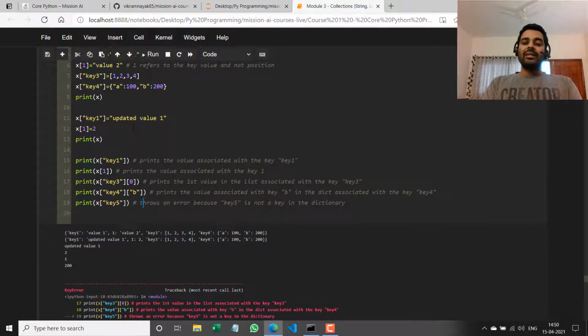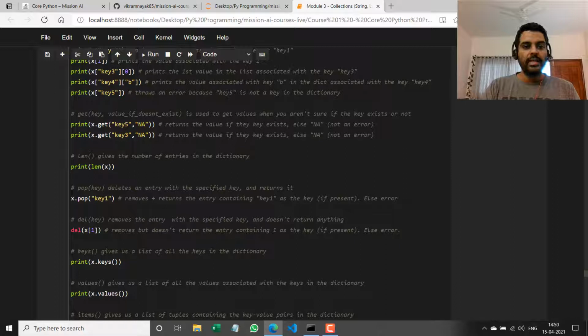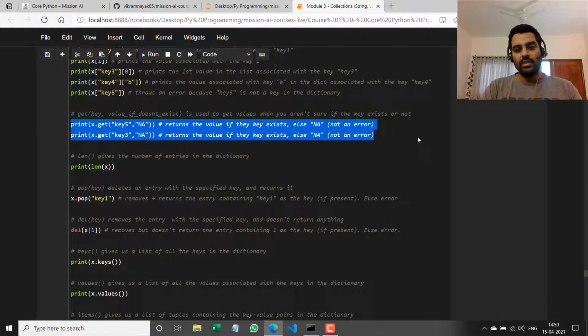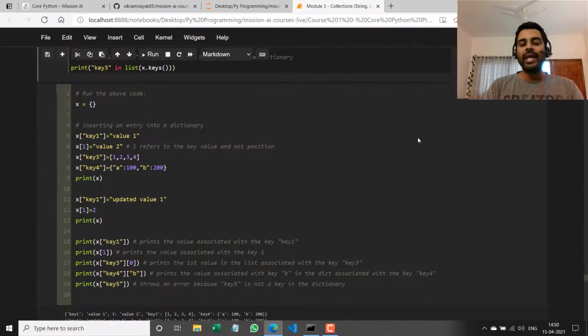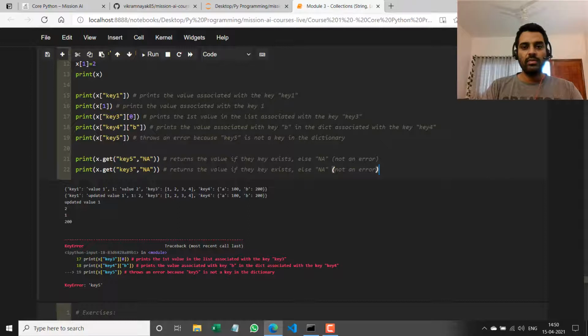So that is a little problematic, right? At runtime in my program, I wouldn't know if there is some value present in the database or not. But I would still need to access values in a safe way. So that's where Python gives you the get function, right? For dictionaries. So it's another way of accessing values in a dictionary, but in a safe way, where